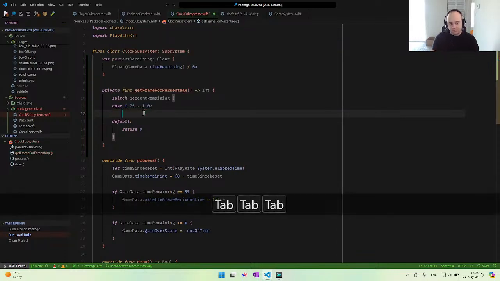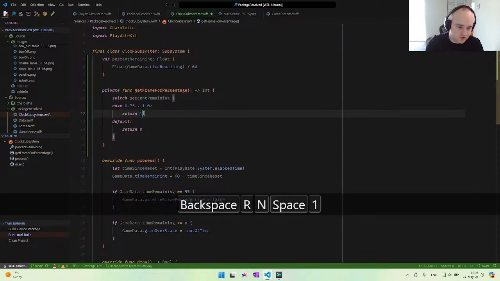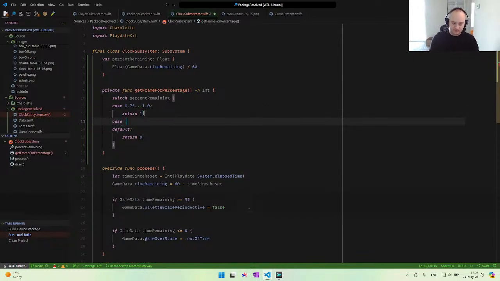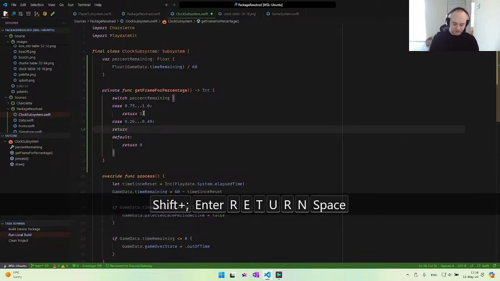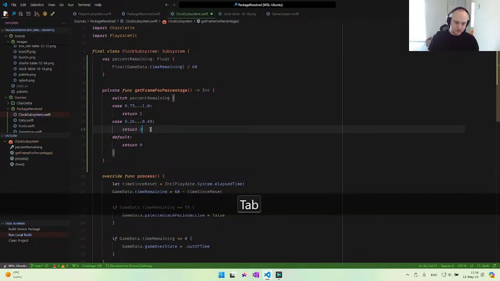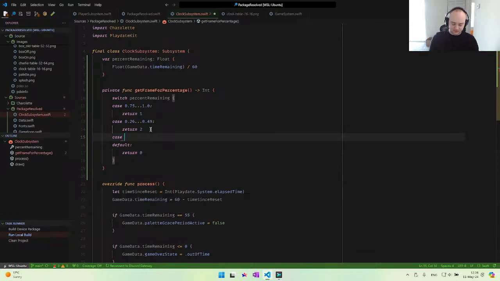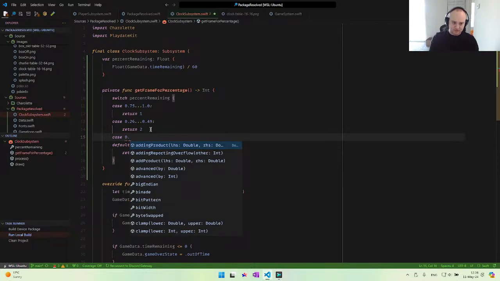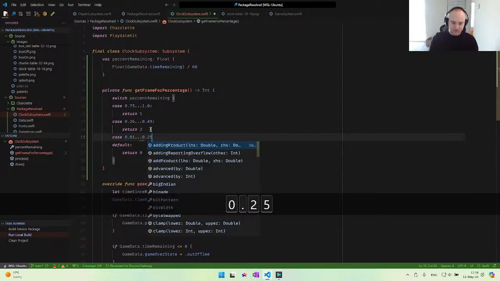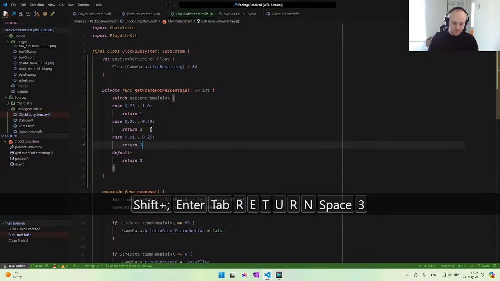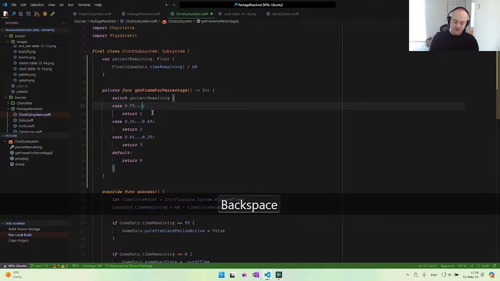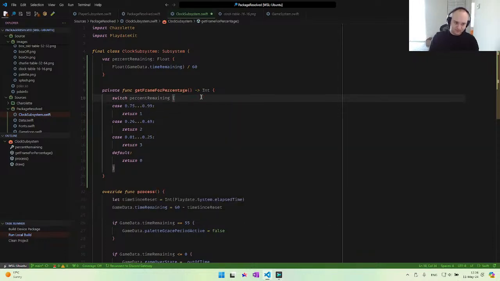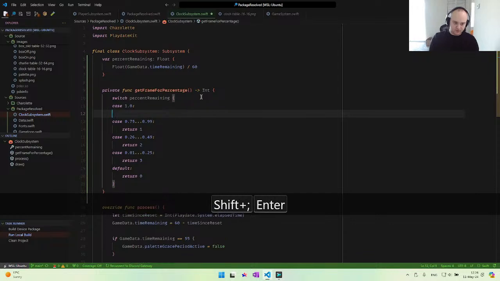Return 1, and then case 0.5. Or I guess in this case it could be 0.49. Return 2, and then case 0.01 to 0.25 would be return 3. You know what, we can make this 0.99. Case 1.0 would be,